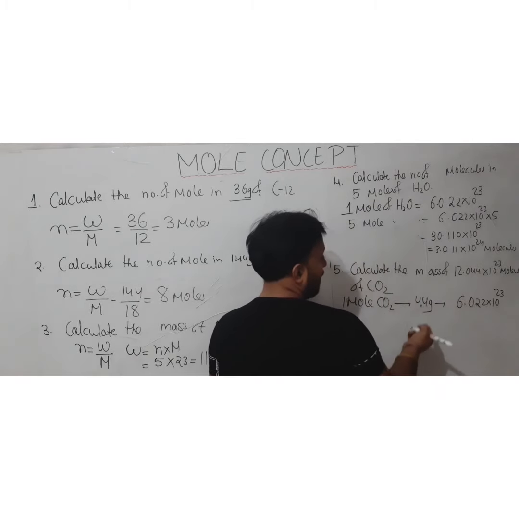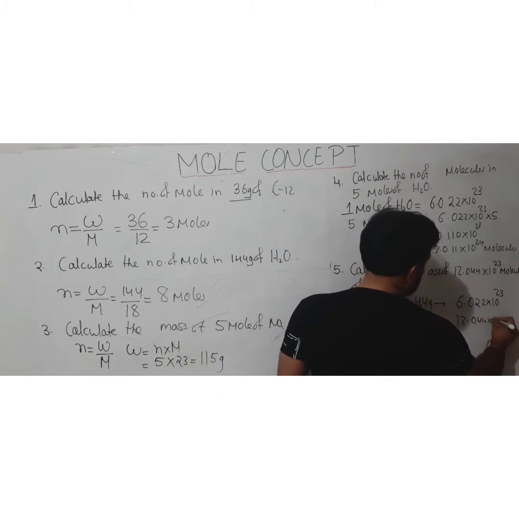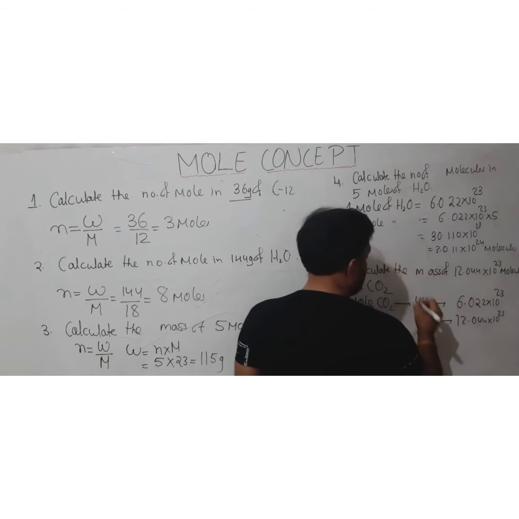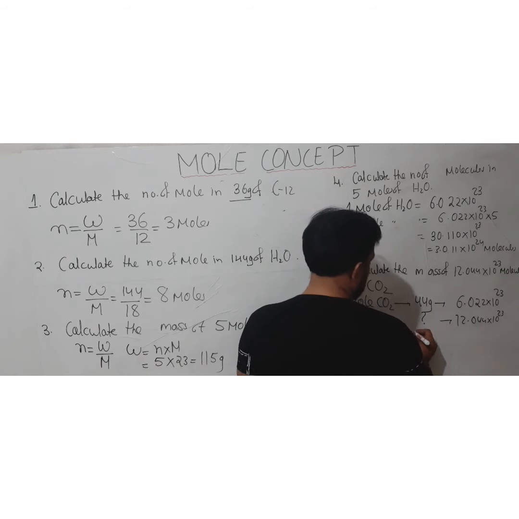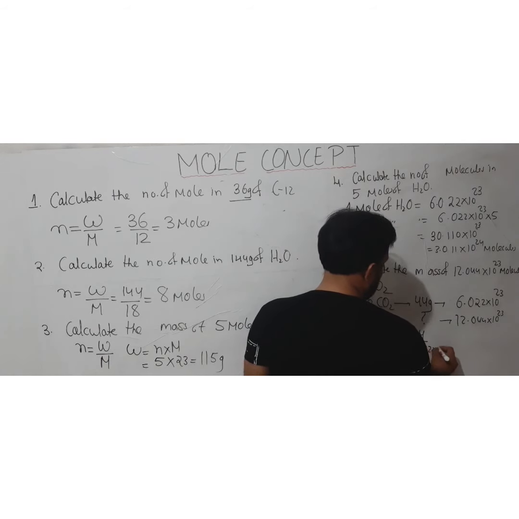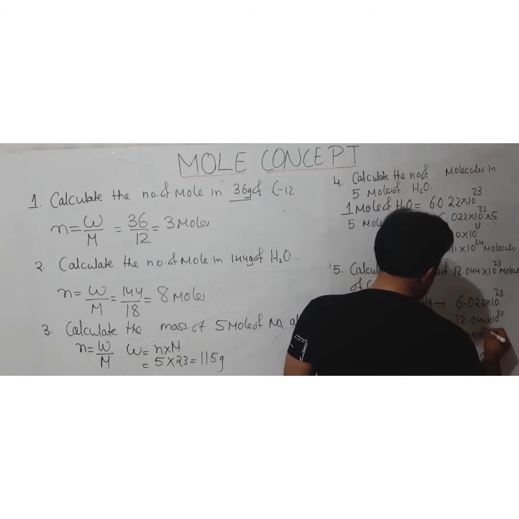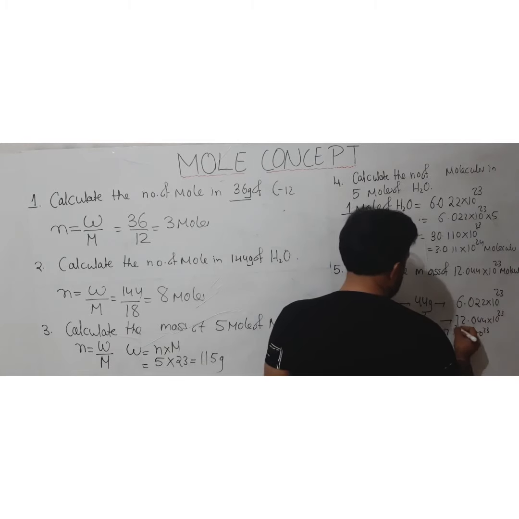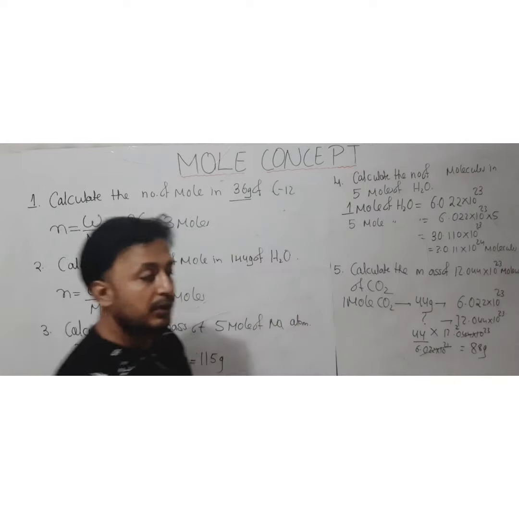So we will be using directly that relationship. So in 12.044 into 10 raised to 23, what is the mass of the substance going to be? So that is going to be 44 divided by 6.022 into 10 raised to 23, basically the unitary method, and 12.044 into 10 raised to 23 is going to be the multiple of that. When you cancel it, it will be coming 88 gram. So like that you can calculate the mass.